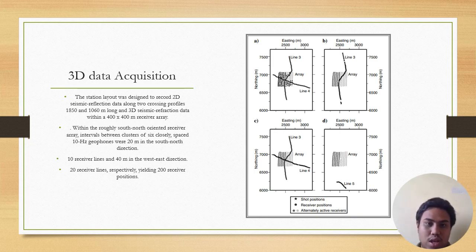First of all, for the 3D data acquisition, the station layout was designed to record 2D seismic reflection data along two crossing profiles, which are 1850 and 1060 meters long. The 3D data is within a 400 by 400 meter area, in a receiver array. As you can see,